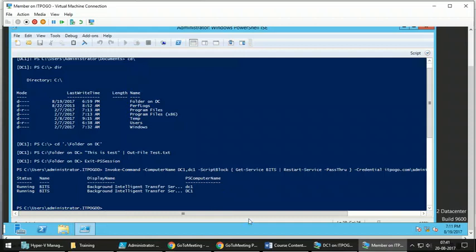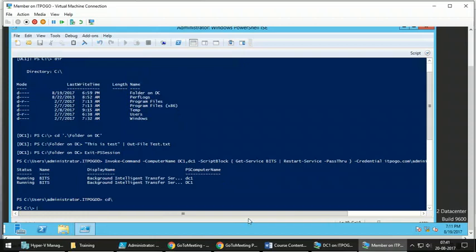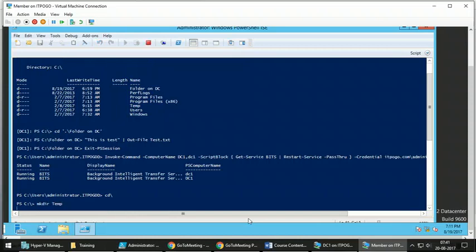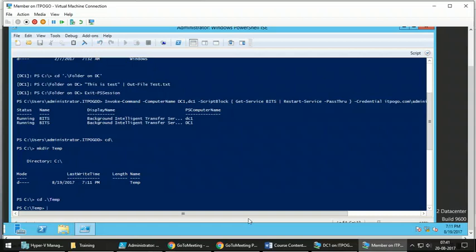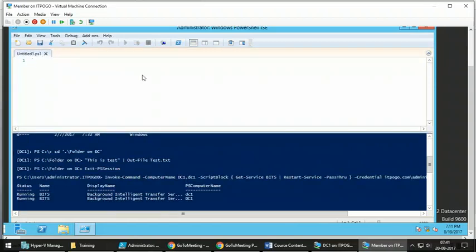Let me create a script. A simple script I will create. So here under the temp folder, let's create a script.